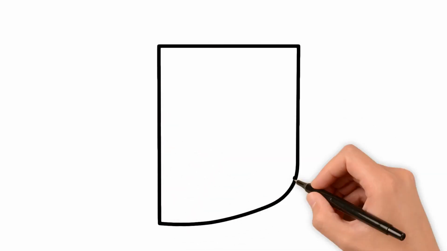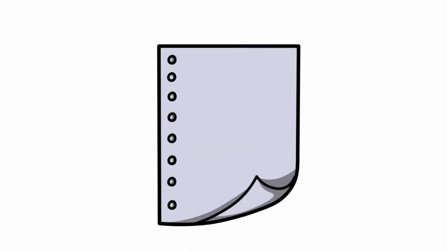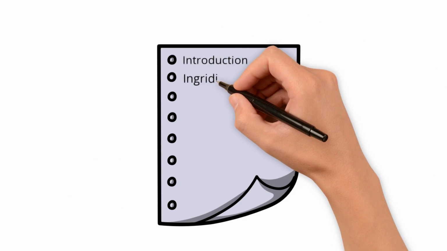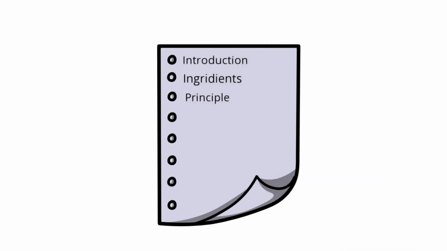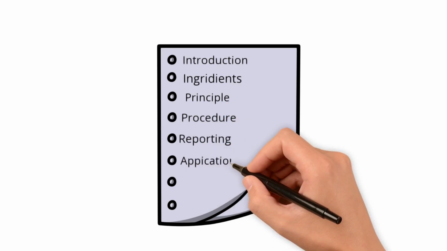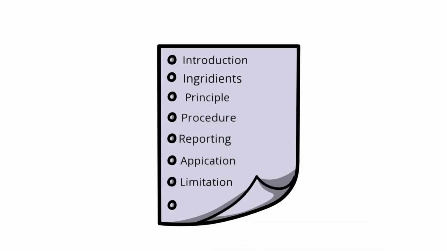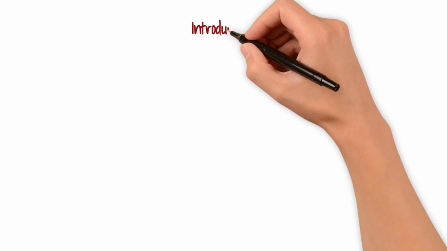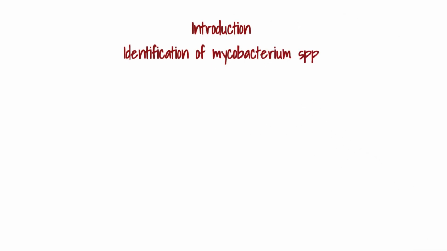So today's presentation will be based on the introduction of acid-fast bacilli. We shall see the ingredients of it, the principle behind it, procedure, reporting, application, and last we shall see the limitation of these staining processes. Starting with the introduction, the acid-fast bacilli staining was meant purposely for identification of